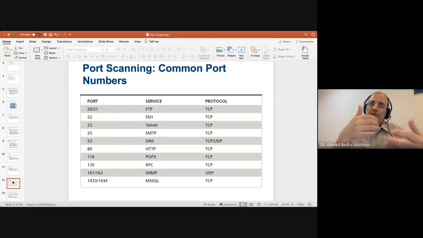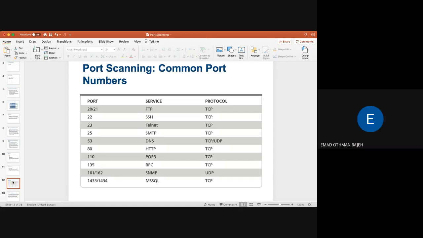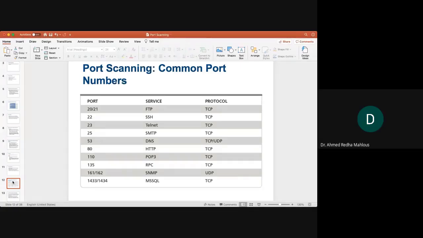And also, when we talk about port scanning, that means now we are doing an active or passive action? Active. I think it is active. That means you are sending directly your